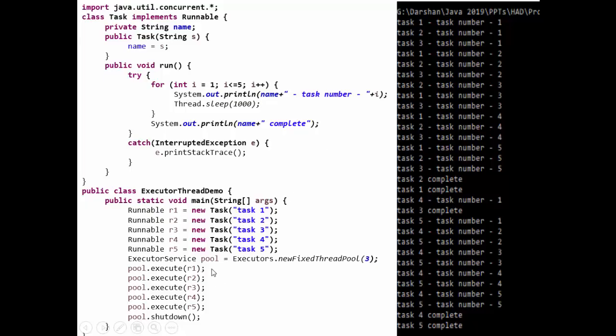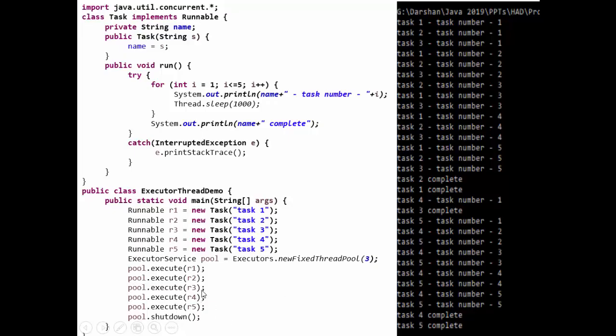And in parallel, all 3 would be started. That means next R2 is added after this. Main is executing, R1 is the second thread, R2, the third thread, will be starting. So at that time, again, this will take place. And in the meanwhile, we had put a delay of 1000 milliseconds. So all the 3 tasks will be waiting for 1 second and will be executing.